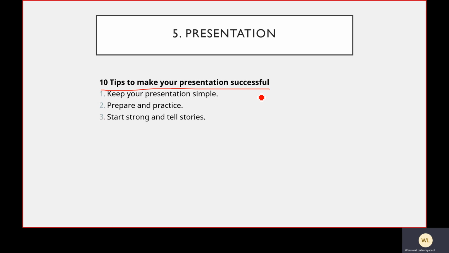Then start strong and tell stories. You can start with something that attracts the attention of the listener. You can give some short story that relates to your topic before you go to your main part. Show enthusiasm. Show that you are eager to give the presentation,